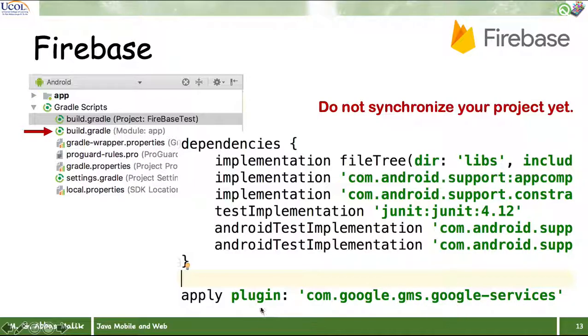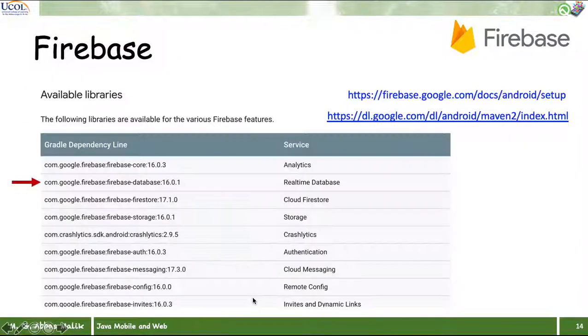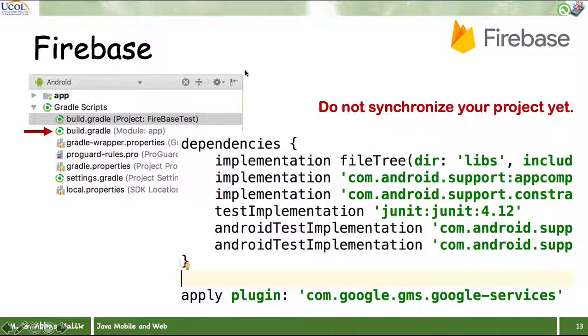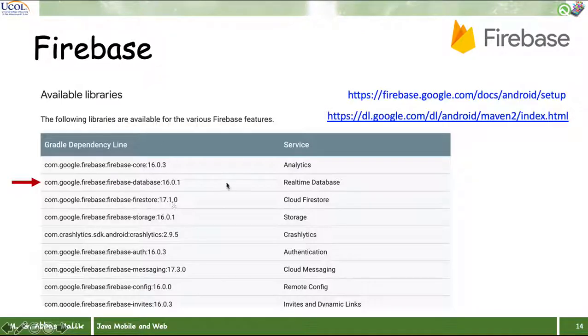That's a plugin. Okay, you need to add that one. And then again, inside our project file, that is the build.gradle project file, you need to add the Firebase database. Okay, Firebase database services. And if you click on that particular specific Maven, it is a